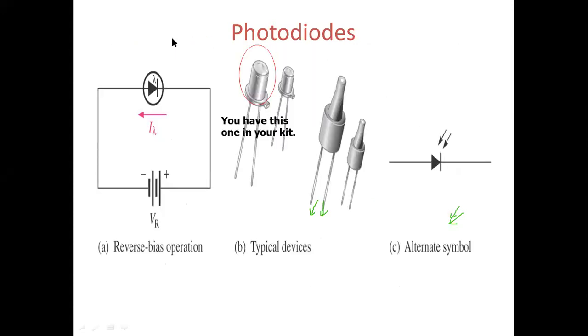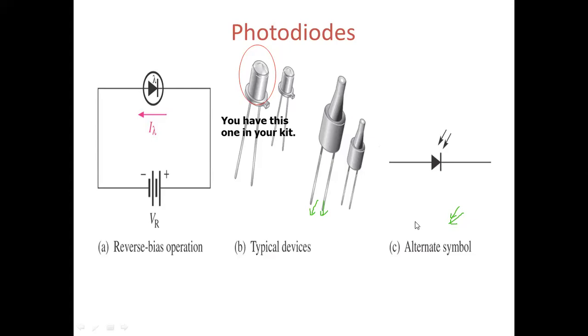I think in your old devices, TV, radio, you have seen this type of device. Yes, sir. This is called a photodiode. We are going to consider this one, this one, this one. These are all photodiode devices.